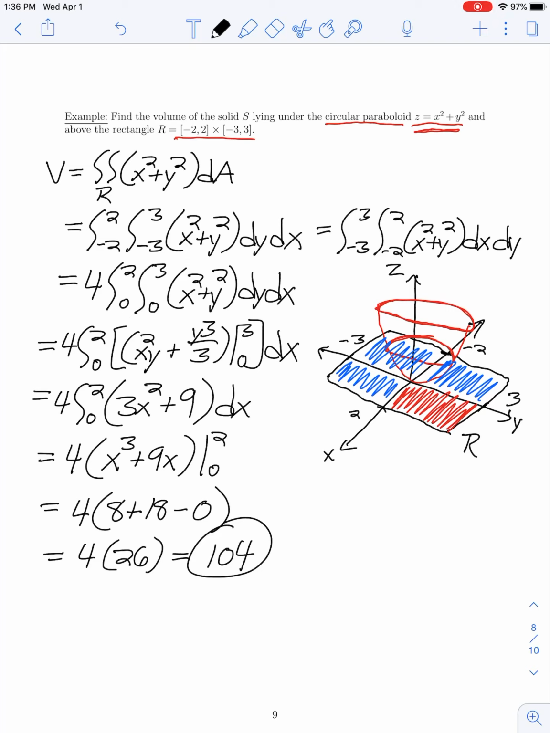So in this last example, we see if we're trying to find the volume of some solid region which has symmetry, say over our rectangle,